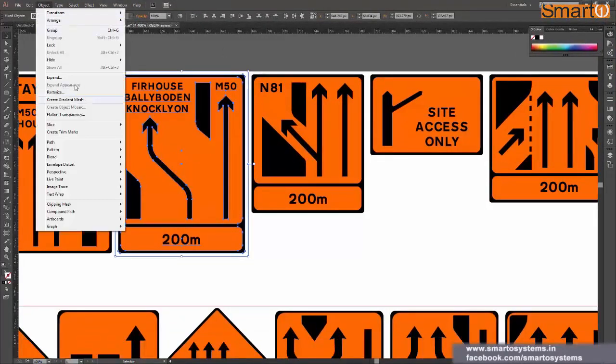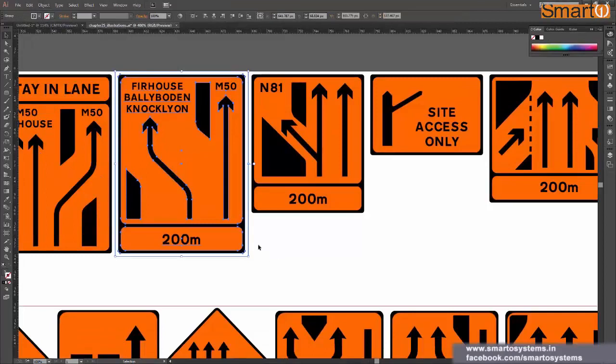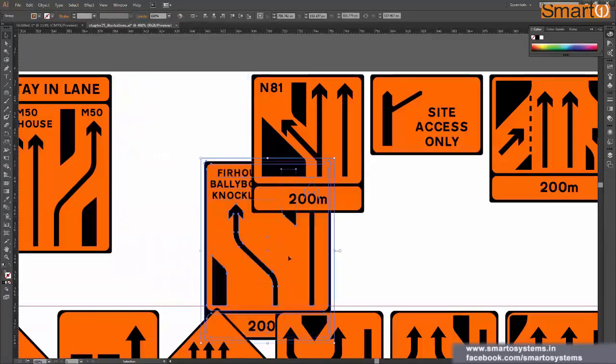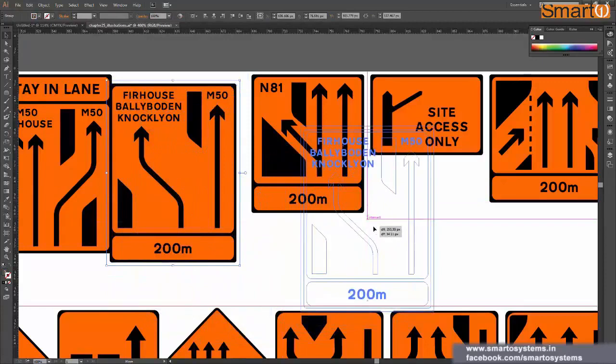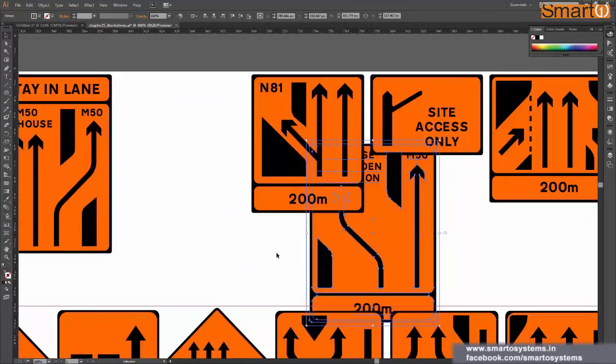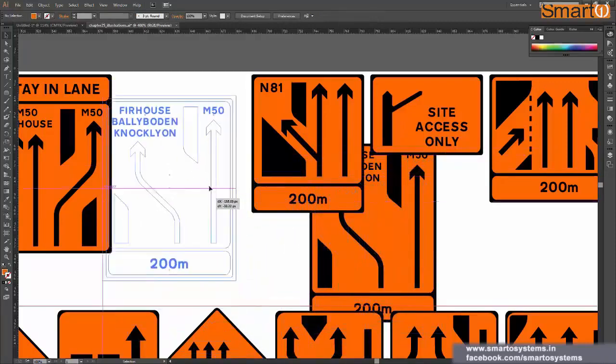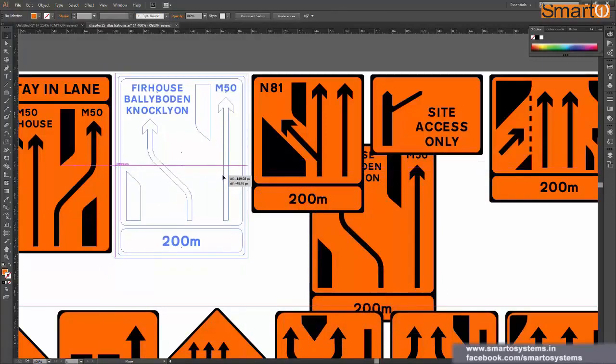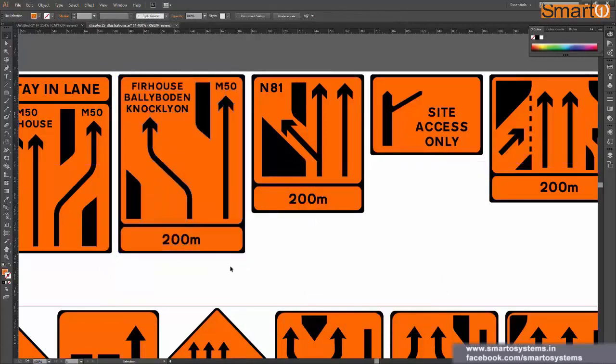So I will use Object and Group, and you won't notice any difference, and Illustrator won't show anything to say whether it has been grouped or not. The only way to check is to release your selection, then click and drag to see whether things are grouped together or not. Now here I have released my selection again, and this time I can just select this shape and reposition it, and that makes it really convenient for me to work with multiple shapes.